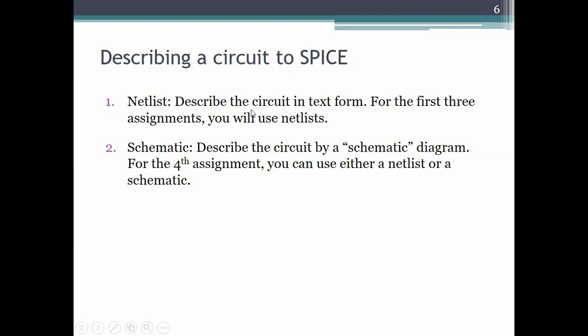I'm specifically asking you to use netlists for the first 3 assignments because most students tend to start off by using schematics and never get around to learning how to use netlists. And schematics are actually overall a better way of describing circuits, especially as circuits get larger. But for small circuits, netlists are far more convenient. And in the first 3 assignments, the circuits will be extremely small, and the netlist is better. So I would like you to learn to use netlists so that this stays with you